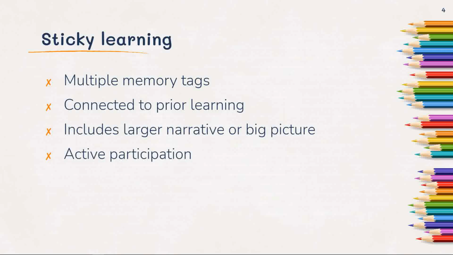And then, as mentioned in the original example, active participation, right? Because when students are just sitting passively, you're just hoping that the visual and the auditory is going to get it done. When students are actively engaged, when they're active in their learning, so they're making something, they're doing something, they're working on something, they're talking about something,